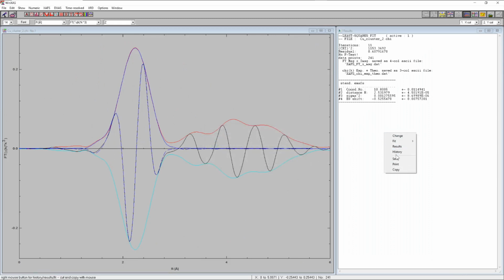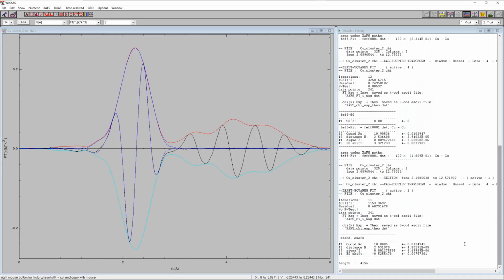Now we can click on history and compare the results that we obtained from using experimental phases and amplitudes down here and the FEFF calculated theoretical phases and amplitude. And we see we get a 10.8 coordination number using the experimental phases and amplitude and a 10.9 using the theoretical phases and amplitude. We get a very similar distance, and we have a Debye-Waller factor, a disorder, and as I